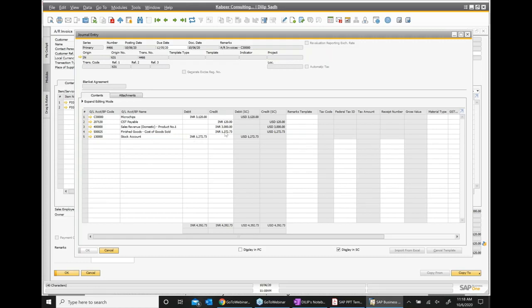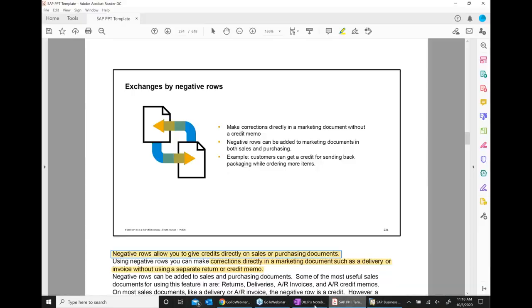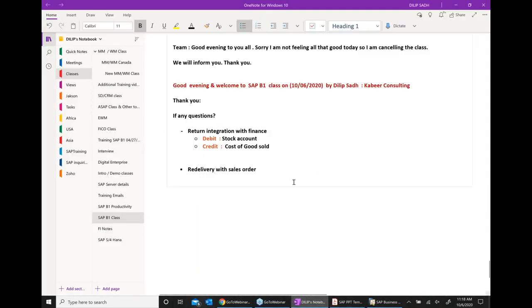So we have done invoice posting with a negative quantity. We did a redelivery, and then we created an invoice with a negative row. And the negative row is like a customer return.